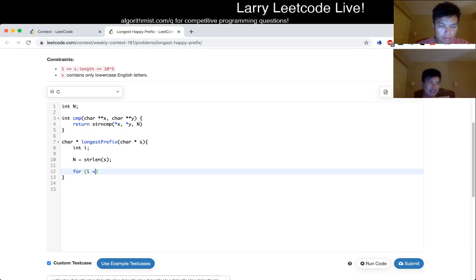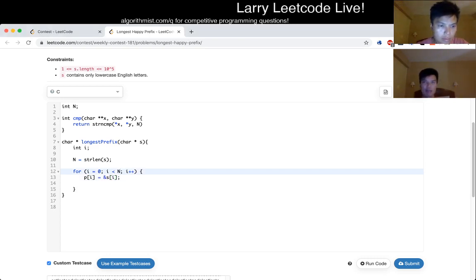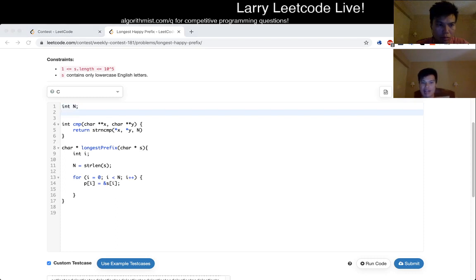There's a way where you could just search all the suffixes in C by storing their pointers. I'm not going to get into this too much, but I think it allows you to create a suffix array in n log squared n time,